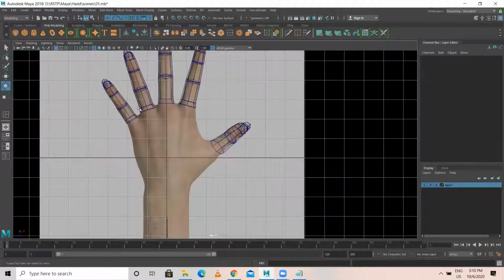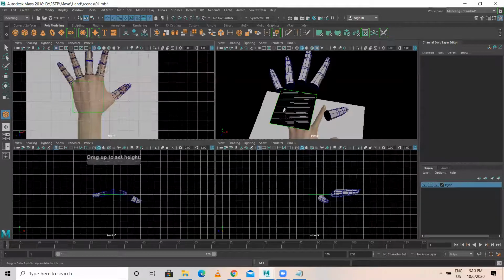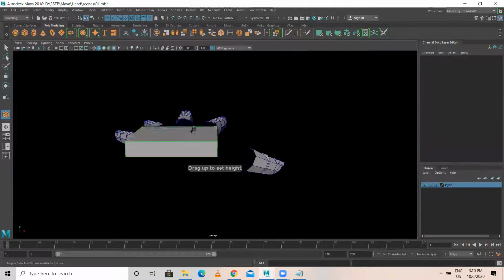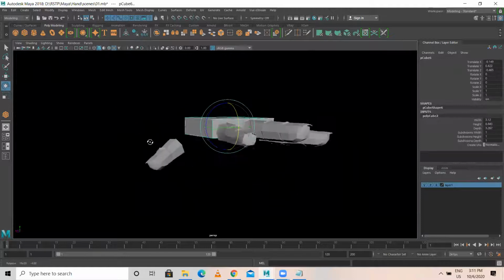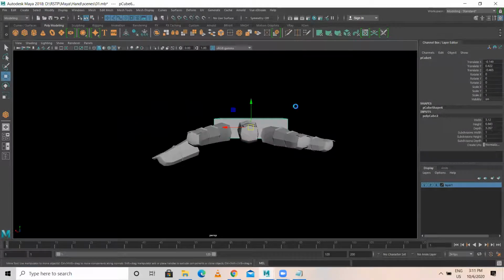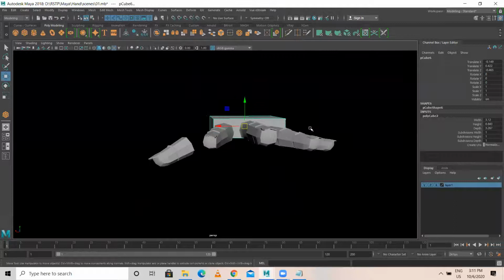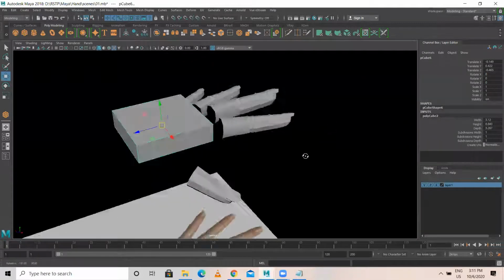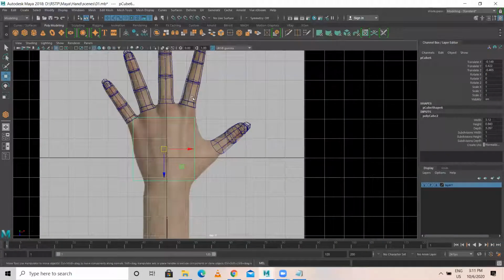Next I need to create a cube, something like this. Just place one cube over here. I'm going to save this. Just place one cube like this. So guys, tell me, do you want me to continue this particular part, or do you want to practice this first?